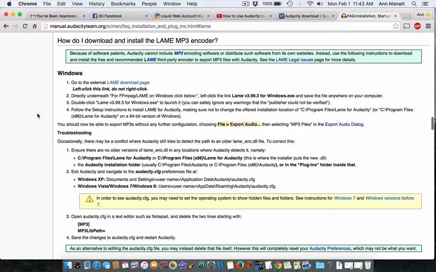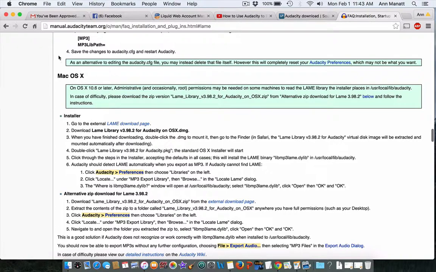Here's for Windows and here's for Mac. And it's really simple, I promise you. It's not that difficult. Just follow the instructions. It says right here, download page. So you would click there. You don't have to read all the rest of it, I promise. All right, so once you've got it installed,